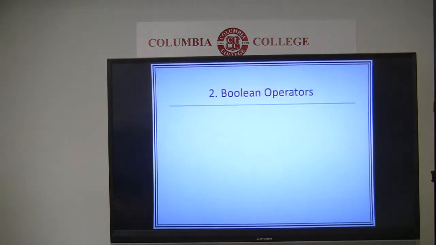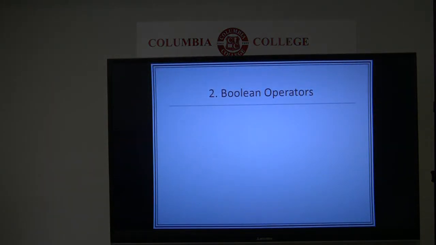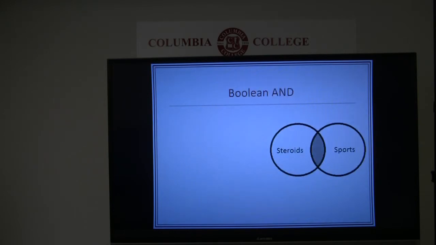The second basic search strategy is Boolean operators. Join your search terms with the Boolean operators and, or, not to either narrow or broaden your search results. Joining search terms with and finds results that contain both terms. For example, searching steroids and sports will retrieve items that contain both of these terms, but not those that contain only sports or only steroids.